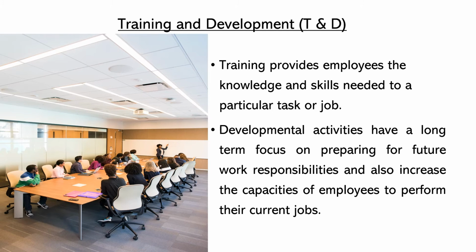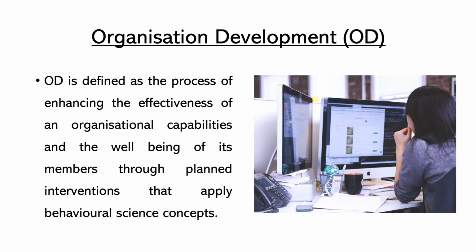So I hope it is clear that if you want to know the functions of human resource development, the first one is training and development. Training means for the current job, like a bowler who has to be very efficient in his skills. So that is what training is given. And development: if he has to become an all-rounder, a fielder, a good batsman, or a wicket keeper, everything, he'll be given developmental activities for that.